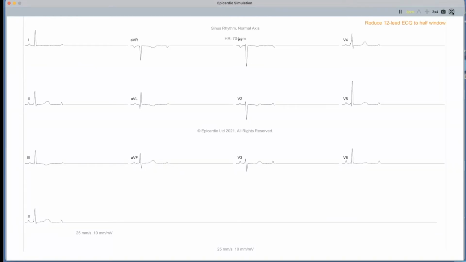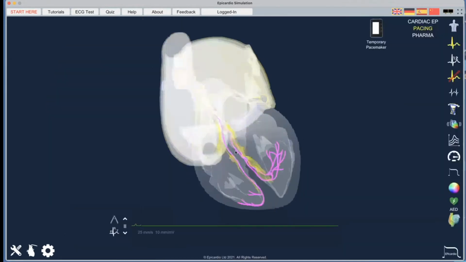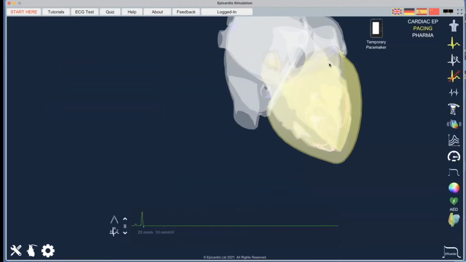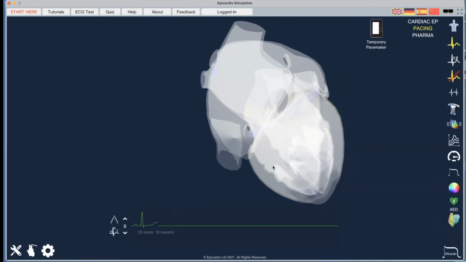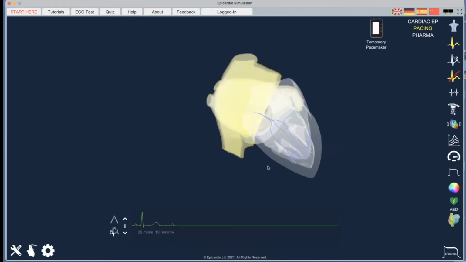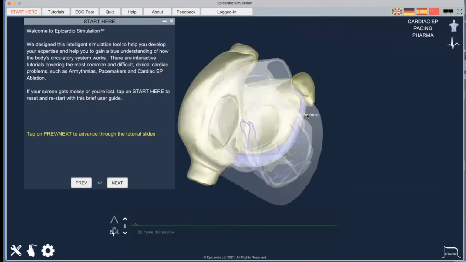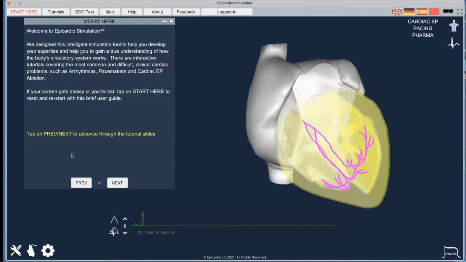And go back to normal screen. If at any moment I'm lost, or I've created a screen that is totally nonsensical, like if my heart is out of view, or I'm lost and don't know what I'm doing, I can go to Start Here. Start Here will reset everything